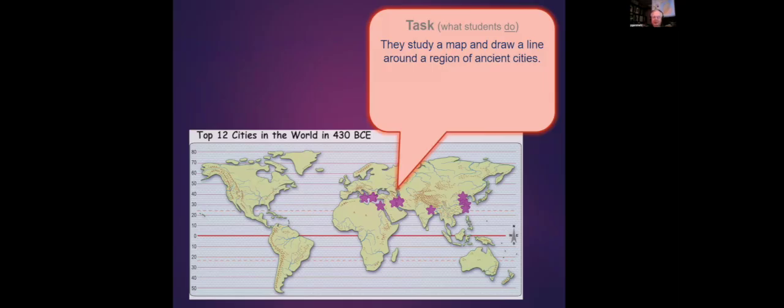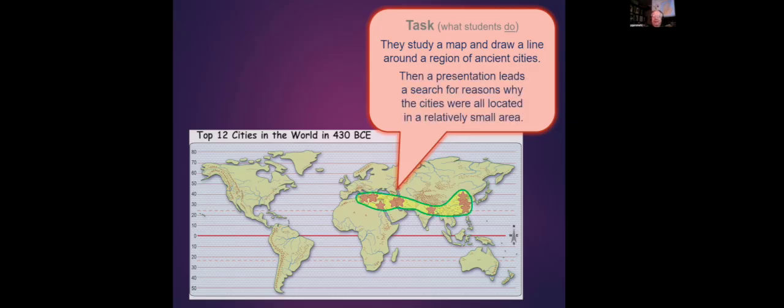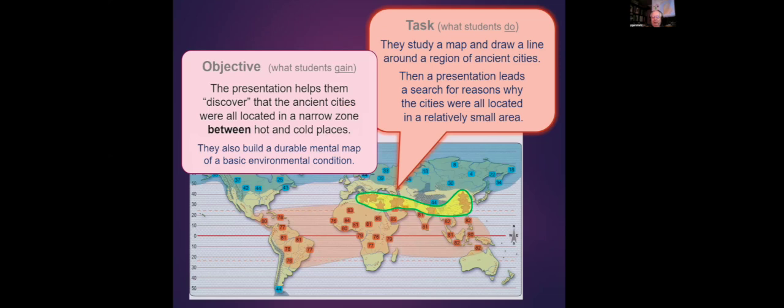Now, you might have to define region for them. That's fine. It's a place where there's a bunch of individual things that are like each other and fairly close to each other. In other words, like that. And then the presentation goes on to lead the students in a search for reasons why the cities are located in that small area. And to make a long story short, they wind up with a map that looks like this,